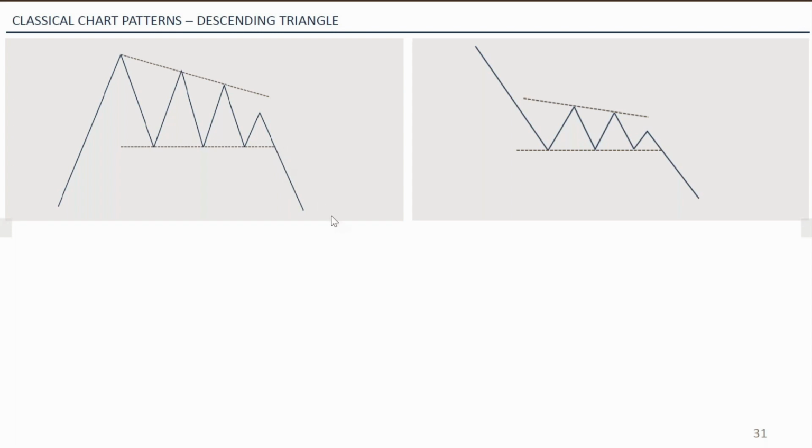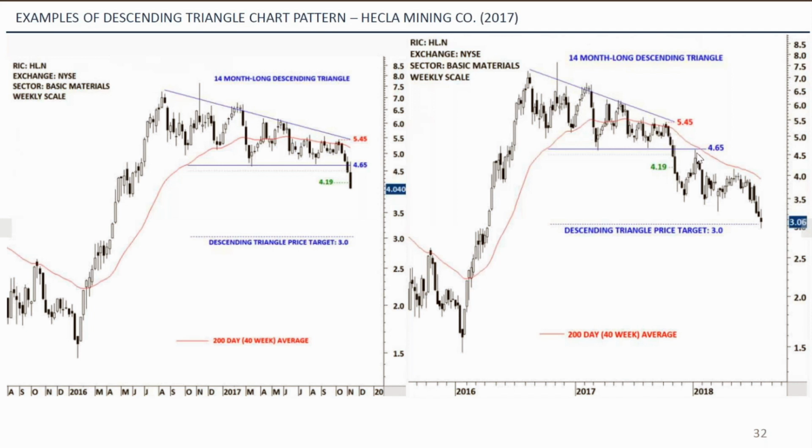Eventually buyers give up and sellers are able to push the price much lower. So that's the dynamic behind the descending triangle. When we see the descending triangle, we look for a breakdown below the horizontal boundary. Some of the examples,